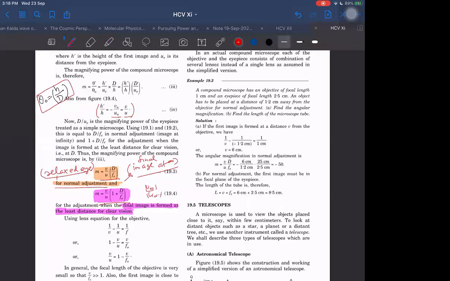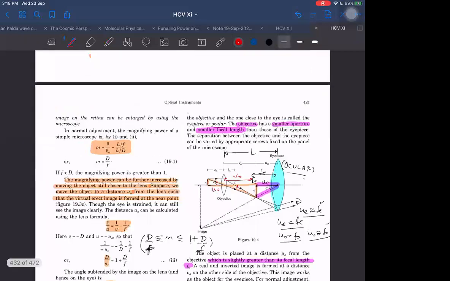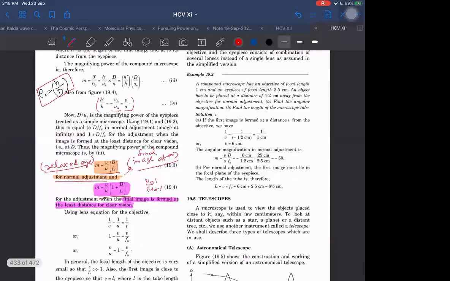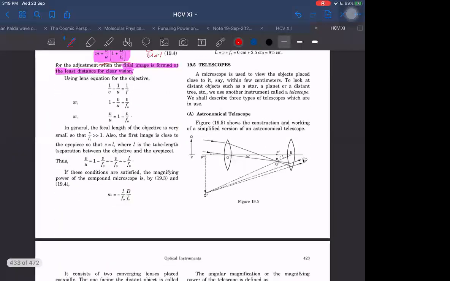Now, even if it is V naught by U naught, it will still not be helpful to you. Mostly they don't give V naught, mostly they don't give U naught. Then how? As I told, U naught is approximately equal to F naught, and V naught is approximately equal to the length L of the compound microscope minus the UE, or L minus UE. If they give UE, then fine, then I can write L minus UE. It depends on L also, what they are taking as L. It depends on that. I think they are doing that also here. They have done everything here only. See, this they are doing here.